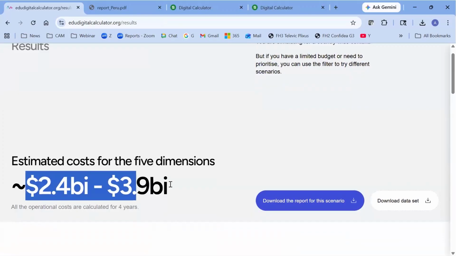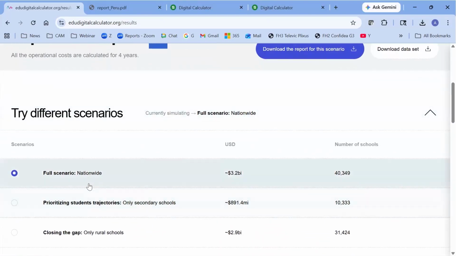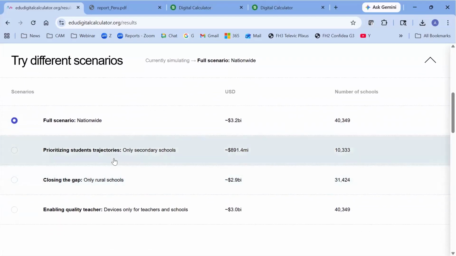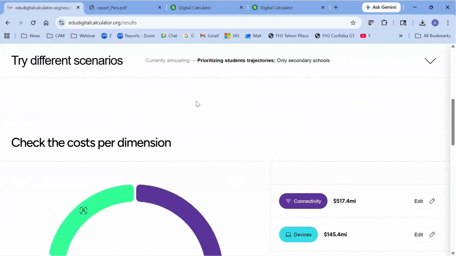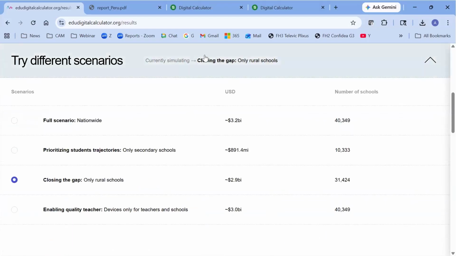So these are the results to implement for all the schools, but let's say that this is too high, right? So we do have other scenarios. Let's say to prioritize the secondary schools or to prioritize the rural schools, right? So we can play a little bit with it to understand what kinds of choices make sense for a particular context.